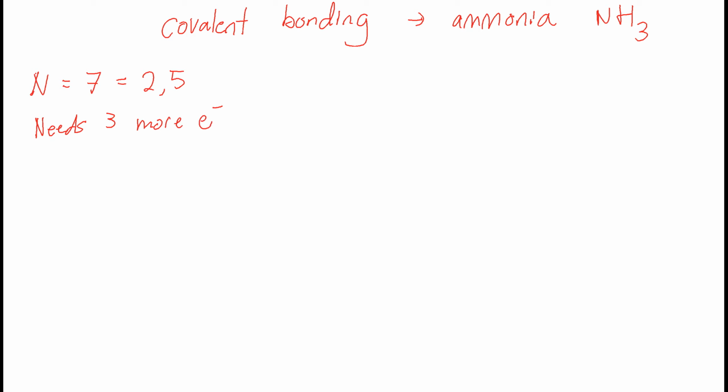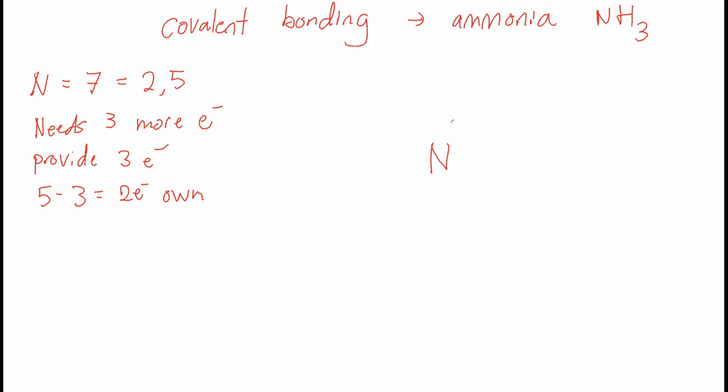Because of the principle of equal sharing, to receive 3 more electrons from its covalent partners, it will similarly have to provide a total of 3 electrons to its partners in the covalent bonding. Now 5 minus 3 is equal to 2 electrons of its own. So after contributing electrons to the bonds, you'll find that the nitrogen still has 2 electrons of its own. So let's now draw